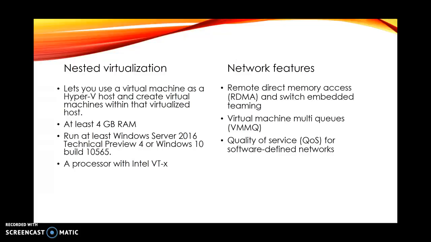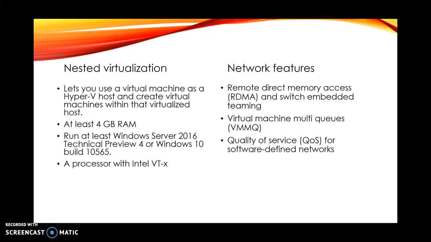To use nested virtualization, you'll need at least 4 GB of RAM available for the virtualized Hyper-V host, and to run at least Windows Server 2016 Technical Preview 4 or Windows 10 build 10565 on both the physical Hyper-V host and the virtualized host. Running the same build in both the physical and virtualized environments generally improves performance. It requires a processor with Intel